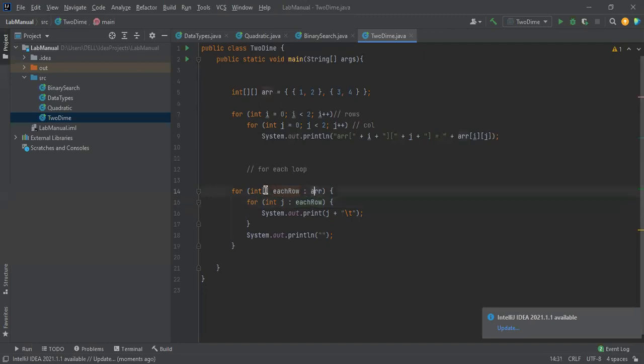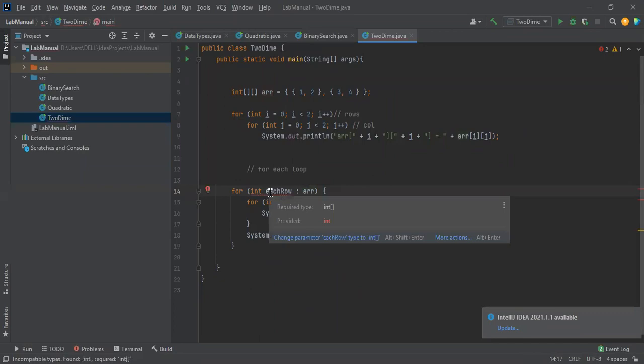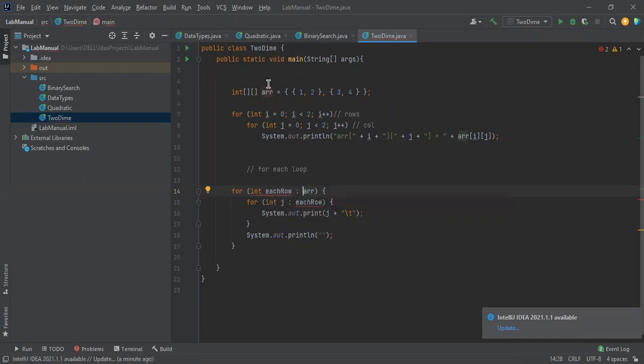Now I assign a single array, and to this array I'm going to assign a single particular value. But in the case of a single-dimensional array, we take only an integer over here. Here we are assigning from a two-dimensional array, which is why we call a two-dimensional array an array of arrays.